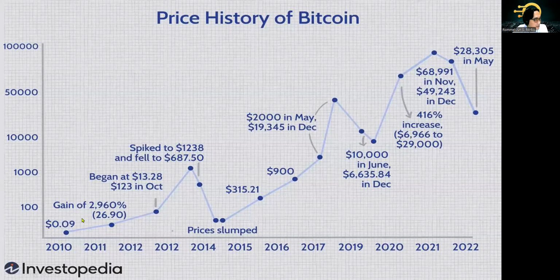So if you see here in 2010, Bitcoin started at 0.09, not even $1. But last year, it reached its all-time high in the 69,000s of dollars. So if you're able to buy somewhere around here, 2010, 2012, or even 2014, 2015, or even in 2018 and 2019, just before the pandemic, yep, exactly. Buy somewhere around here in the past and then sell it in 2021. And then when it goes down again this year, buy again.